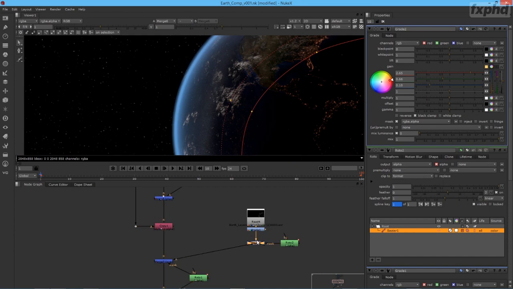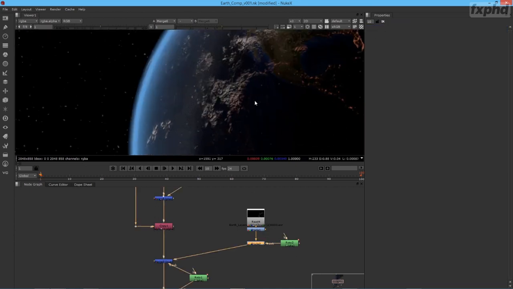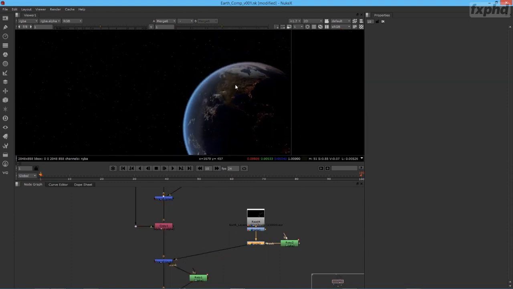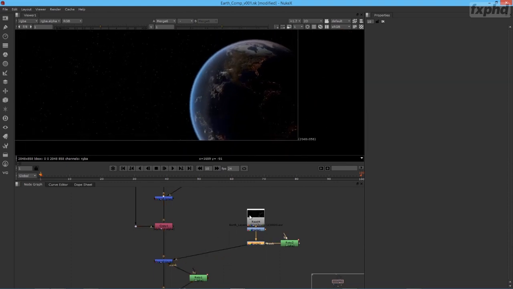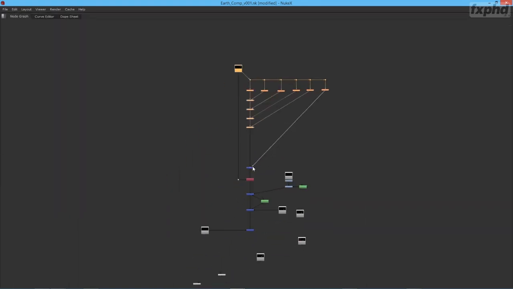So if we were to turn that off and on, actually, let me get that out of the way. It's things like this, it's all the little equations that add a little bit of realism to it. We're doing this all after the fact, so we could easily make our Earth branch up here,